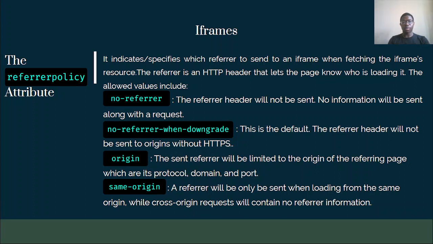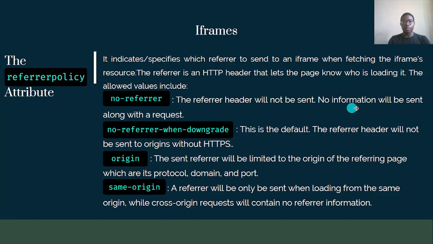So referrer policy, yeah, it's just a policy that controls how much information is shared in the HTTP referrer header. So the header, that header part that I showed you. It helps to protect user privacy. So these are the allowed values for the referrer policy. So unless I forget